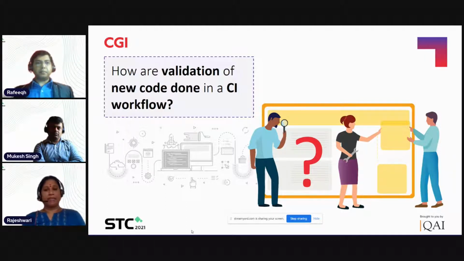Even if we share our BVTs, that is the build verification test and the smoke test, with the dev team before the code is deployed, it does not make sense that it is thoroughly tested before it is deployed to the environment.